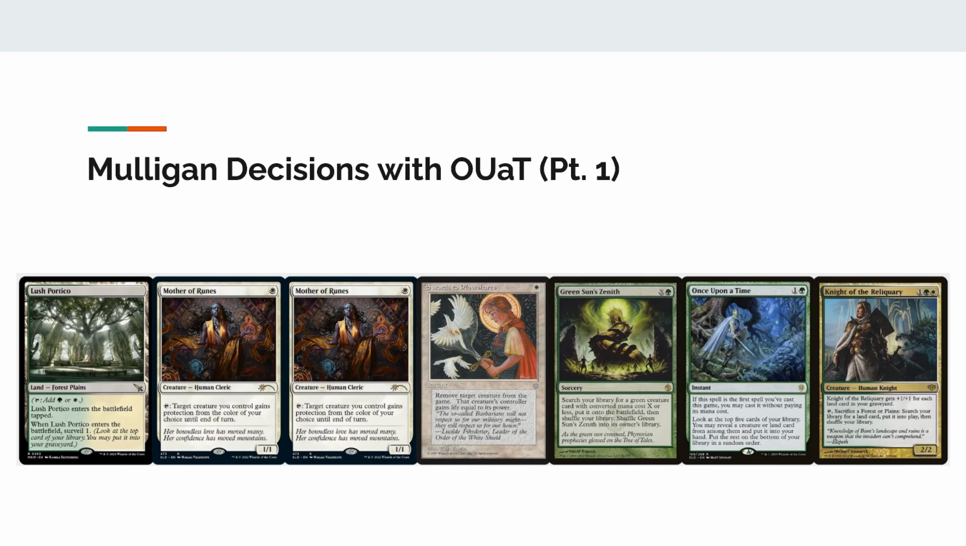The last thing I want to touch on with regards to Once Upon a Time is keepable hands. It can do a lot to fix your borderline hands, but you really need to know what you're getting yourself into if you're going to lean on it to find the right thing to make your entire hand function. Again, there's no hard and fast rules to this because it's very contextual, but I do have some sample hands here that I generated that we can go through and kind of talk through why you may or may not